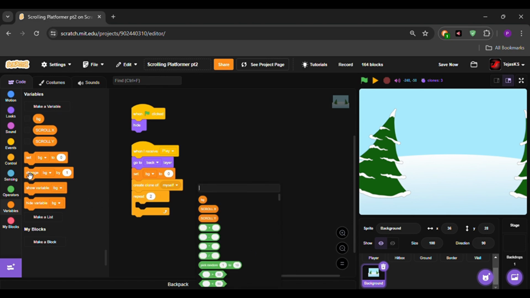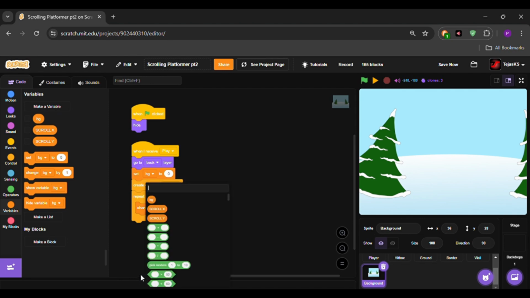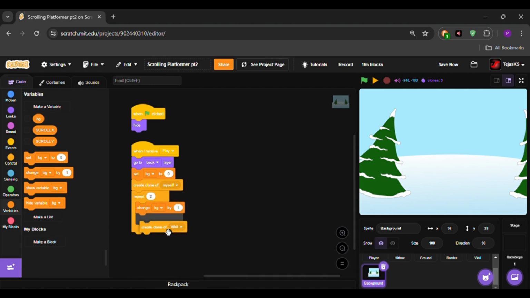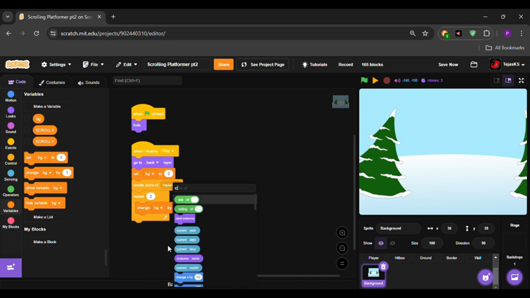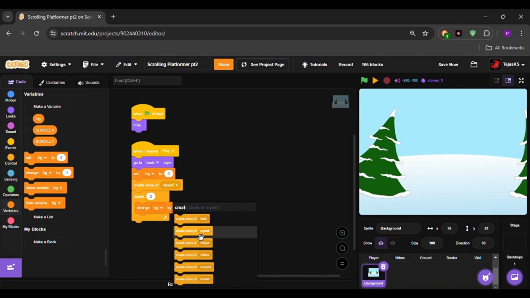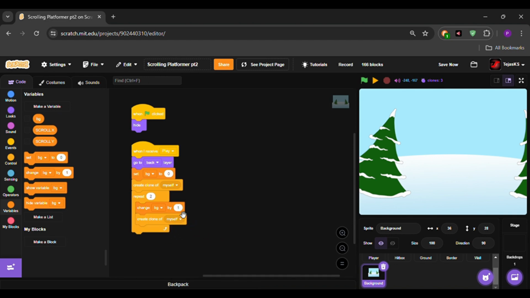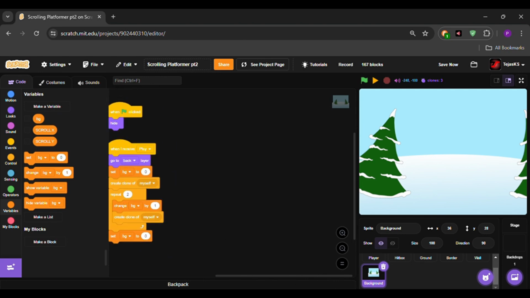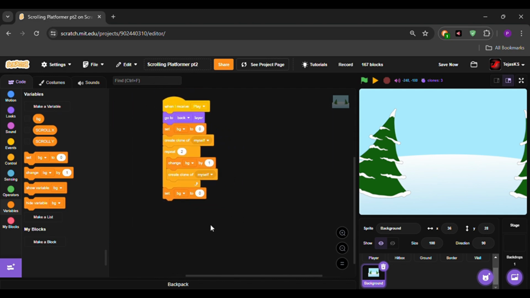Repeat 2, and we got to change BG by 1 and then again create a clone so that all of our clones have their own number which is set in BG variable, and then after that we'll set BG to 0 at the end again. So this was the basic stuff, and after that we can make another when I receive play